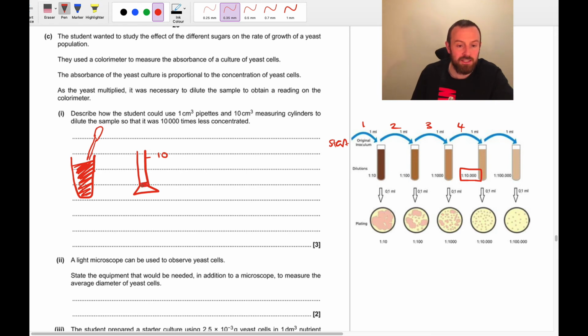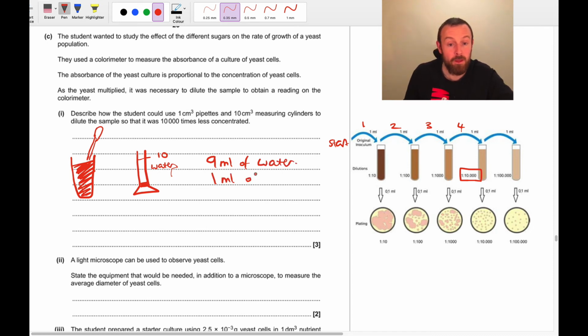So you've got 1 milliliter in your measuring cylinder. And then you make it up to 10 with water. So that's one way of saying it. Another way of saying it in terms of mass is you need 9 mils of water. Okay, not 10, but 9. 9 mils of water and 1 mil of the original yeast